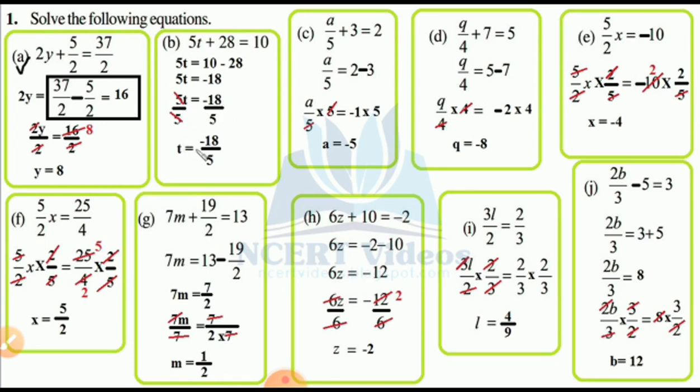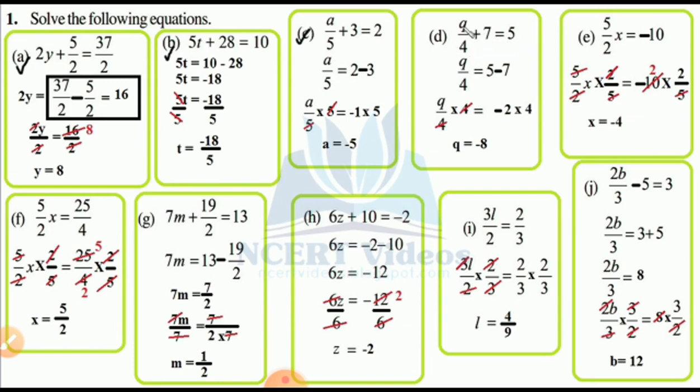Okay, now remove 5 from the left side, because it's 5t and 5 is there. So 5 will cut. Right side, 18/5 but with a minus sign. Next, a/5 + 3 = 2. Same way here, according to B, 2 minus 3 is minus 1. Now it's in division, a/5. I can multiply by 5, then only the 5 is removed. As I multiply the left side by 5, I have to multiply the right side also by 5. Yes, minus 1 into 5 is minus 5.